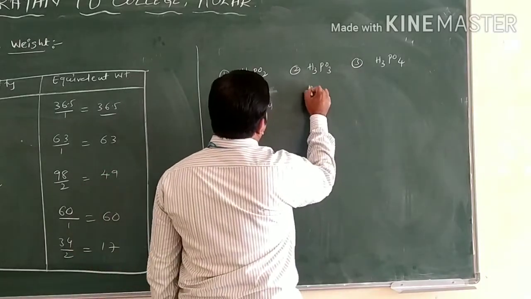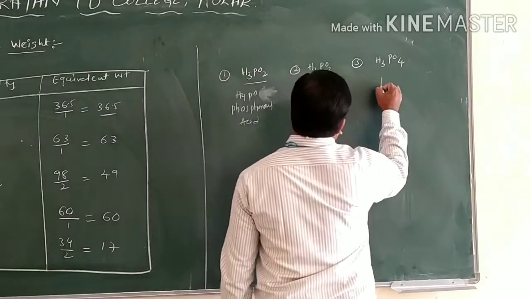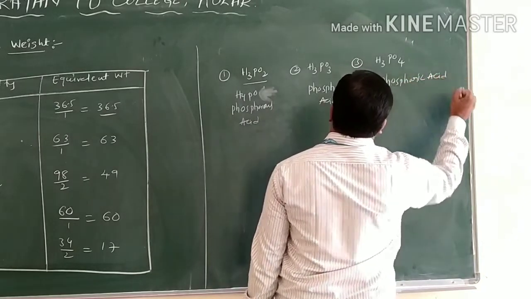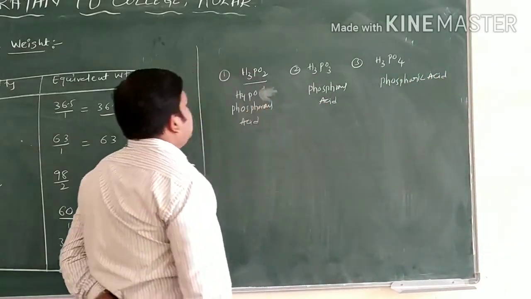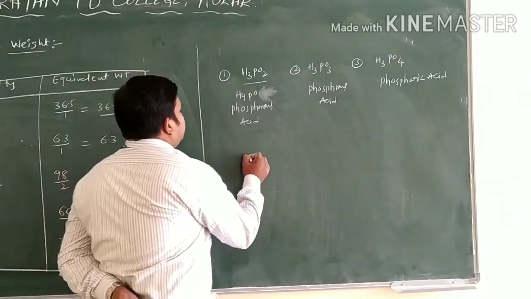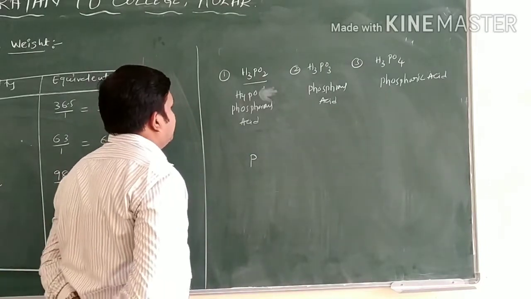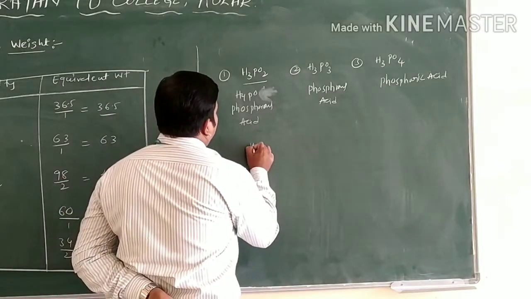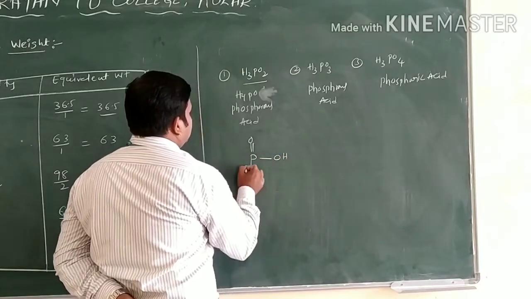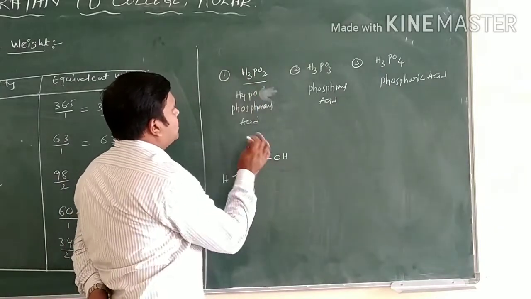So this is phosphorus acid, and this is phosphoric acid. These are oxo acids of phosphorus only. In this case we can identify the equivalent weight by writing the structure of the compound only. Taking the central atom phosphorus, phosphorus generally forms 5 bonds. So you will get here one double bond O, I am writing here OH and H and H only. So here 3 hydrogens are there and 2 oxygens are there.